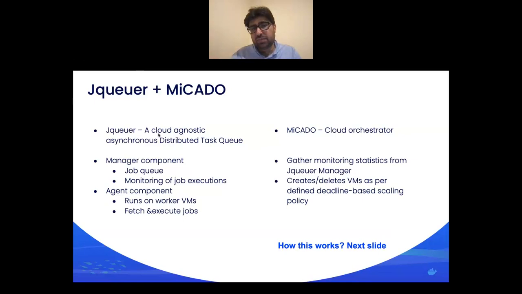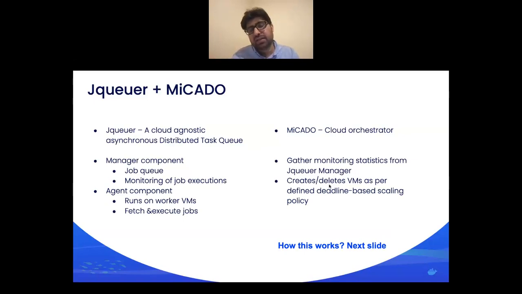When it's integrated with MiCADO, which is a cloud orchestrator as we earlier explained, MiCADO's responsibility is to gather monitoring statistics from the JQuery manager component, and then calculate a scaling policy, a number of virtual machines that at any point in time can be measured as per a deadline.